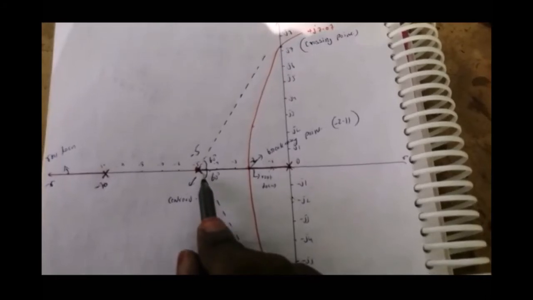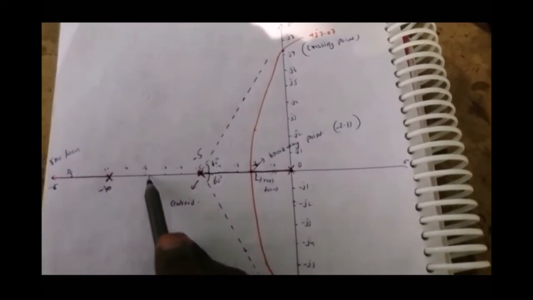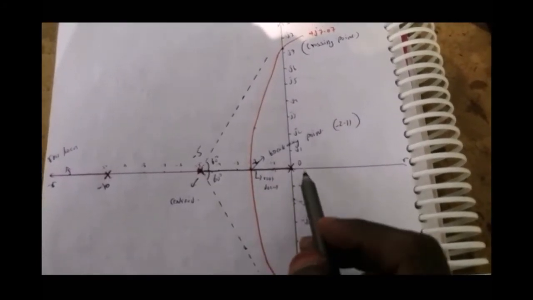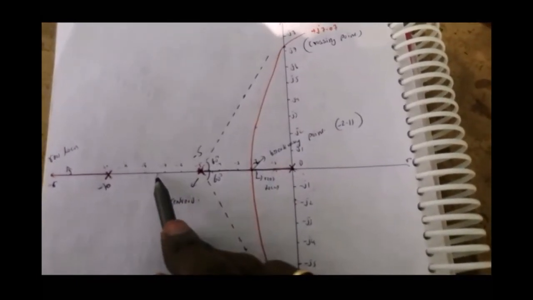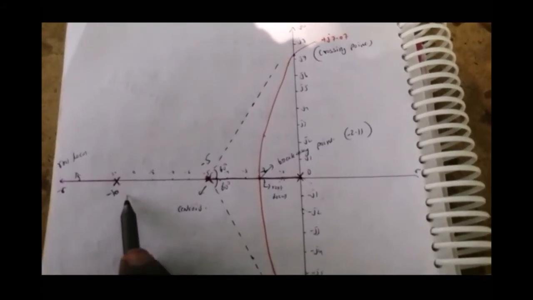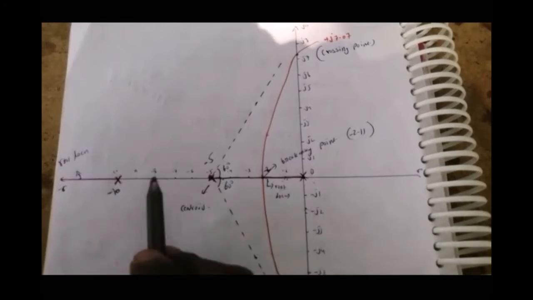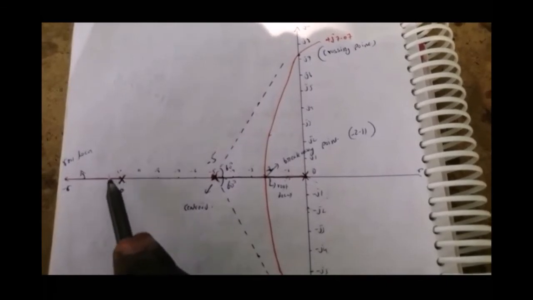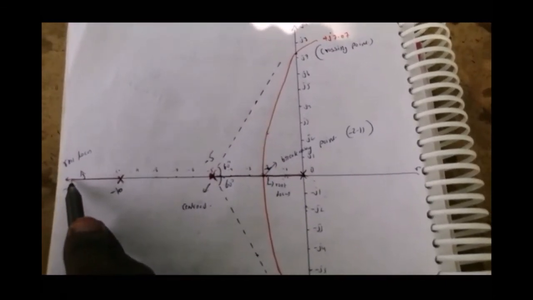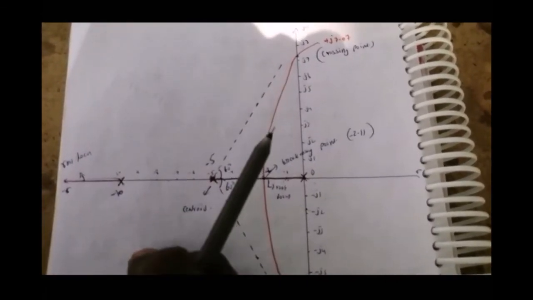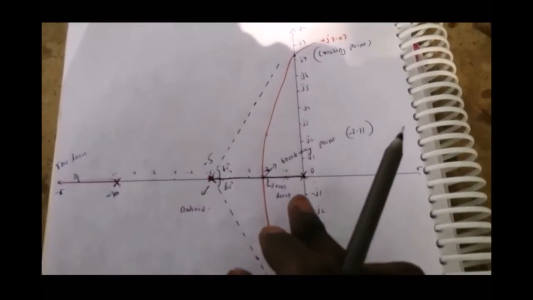Next, the second region is in between -5 and -10. If we consider a test point anywhere here, there are two poles to the right, so there is no root locus possible here. And next, if you choose the test point between -10 and -infinity, when we look back to the right side, 1, 2, 3, so 3 is an odd number. So that's why between -10 and -infinity there is a root locus. You have to draw it like this with a dark line. You can use any marker pen. So this is the representation of the root locus. Out of 3 we got only 2: one between 0 and -5, and the other from -10 to -infinity.